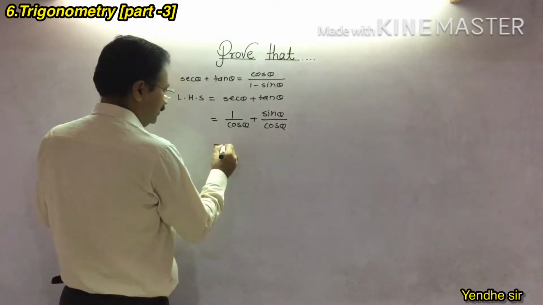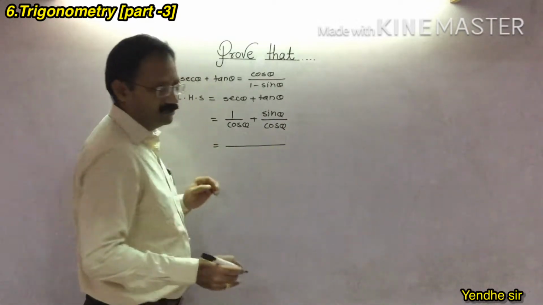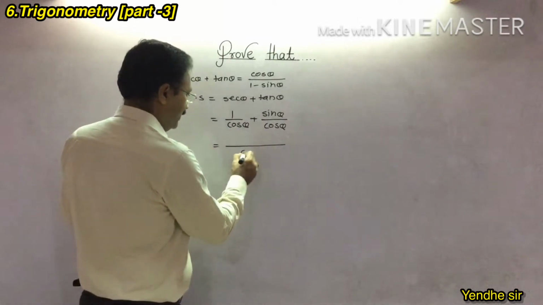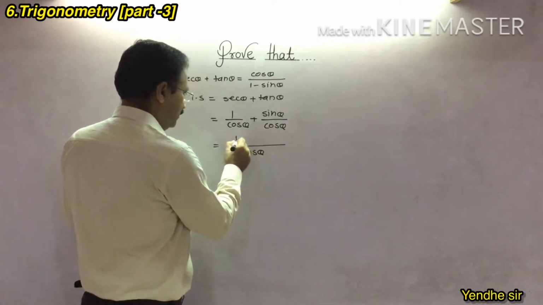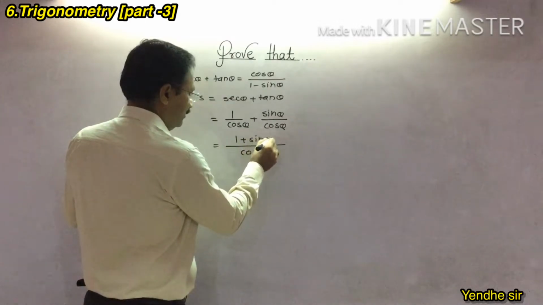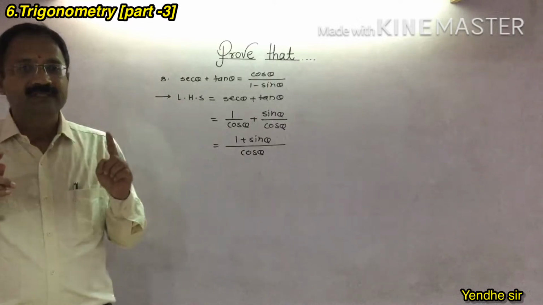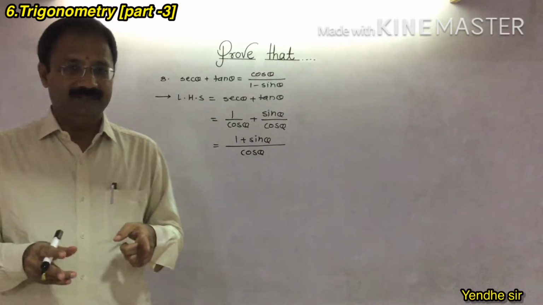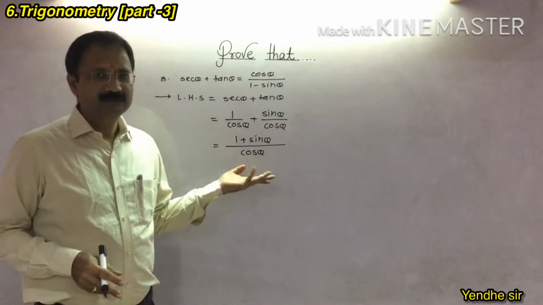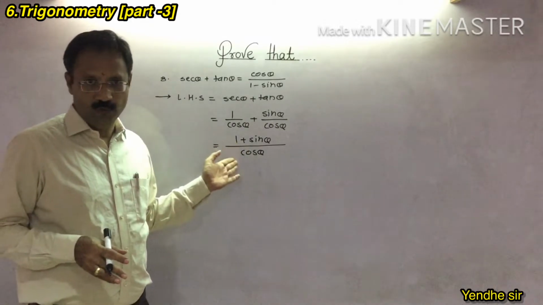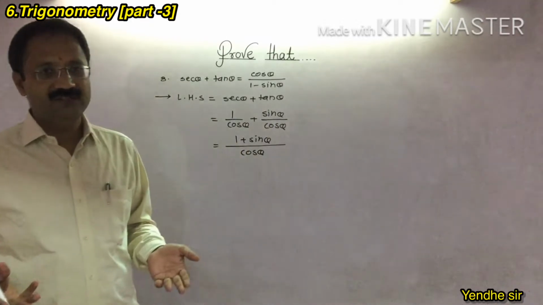Which is the next rule? If the denominator is not same, then you have to cross multiply. But see this one, the denominator is same. So it will be as it is. If the denominator is same, then you have to write it as it is. Okay? Then next rule is take the common. There is no common. Next rule is that sin square theta plus cos square theta is there? No, it is not there. Which is the last rule?